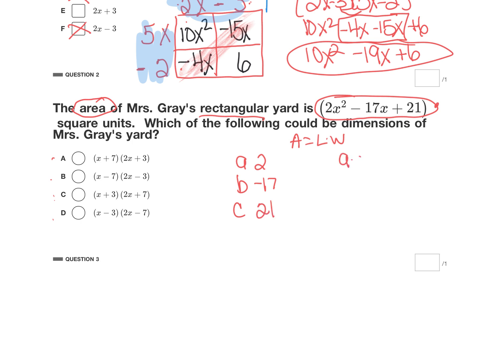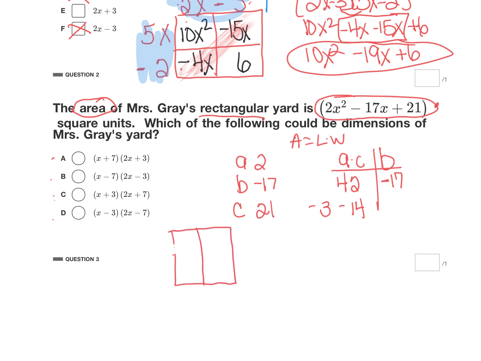Now I'm going to make my T-chart. A times C equals B. So if I multiply 2 times 21, I get 42. And now I need a B value of negative 17. So here I need two numbers that will multiply to give me 42, but when I add them together will give me a negative 17. So when I go through all of my factors of 42, I find that I have 3 and 14. And in order to get that as a negative 17 but a positive 42, both of these have to be negative. So I found both of my factors, and now I'm going to put them into my box